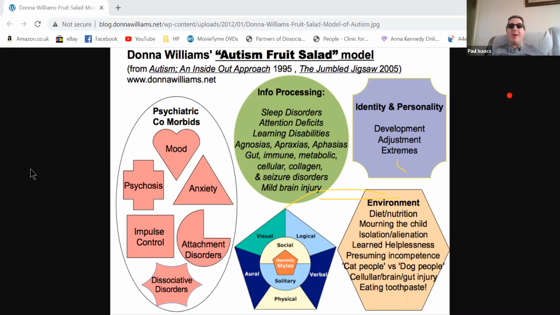The pan is ready to be tended to. So what you do, you focus on the object, not the person. Works with PDA as well. So you focus on the object, not the person. You don't strike up their nervous system, so what you're effectively doing is working parallel with the system. Cellular gut and brain injury, well, of course, that is going to have an effect on process and environment.